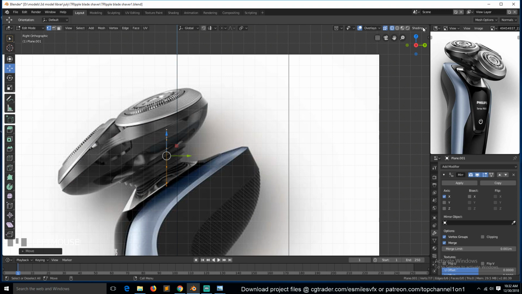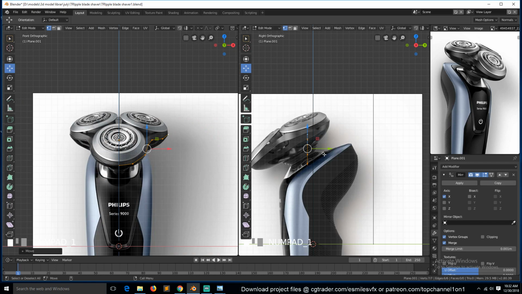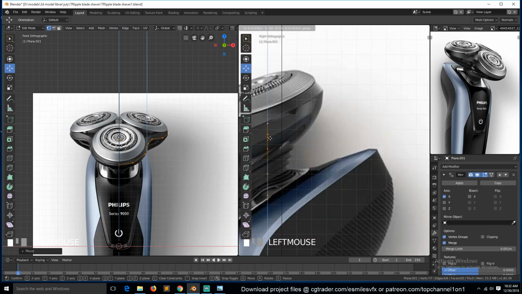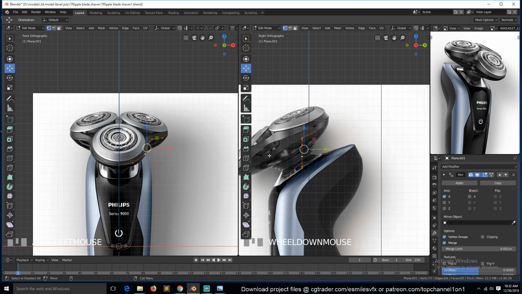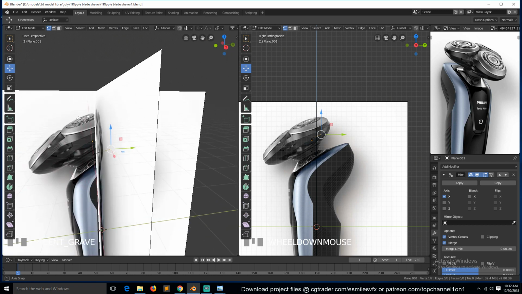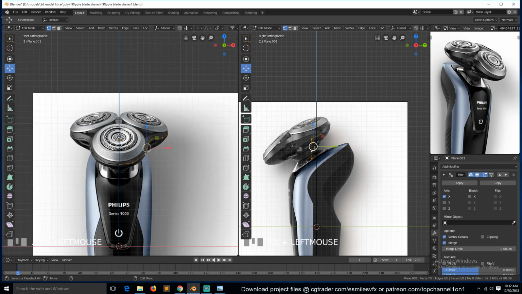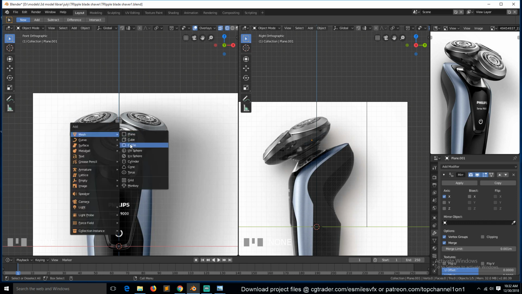So I can also just subdivide this view, and this can be the front view, and this can be the side view. So it seems our images are not aligning correctly, so we might need to do some eyeballing here. So let's see, how are we going to work this out? Let me see. So what about if we started with two circles instead? So if I add a circle here,